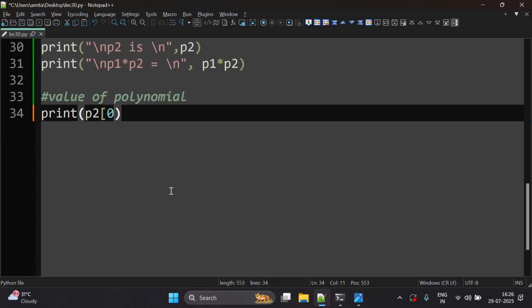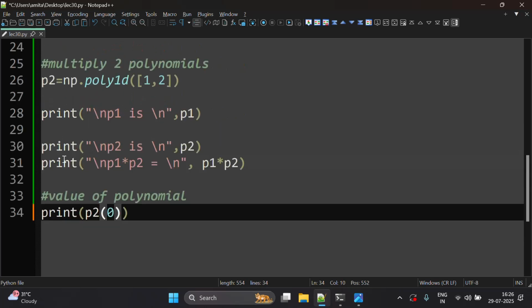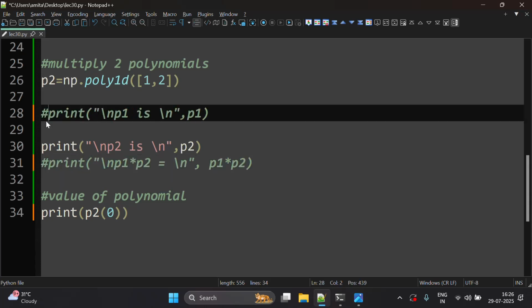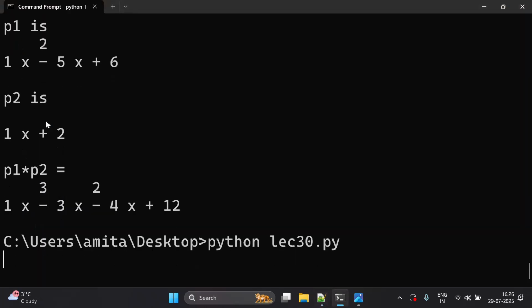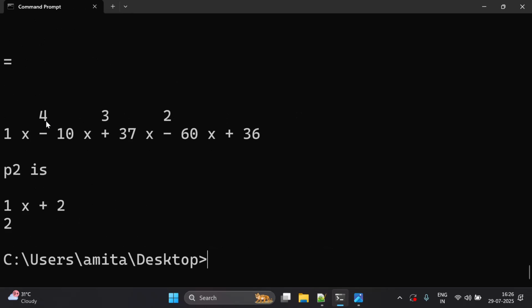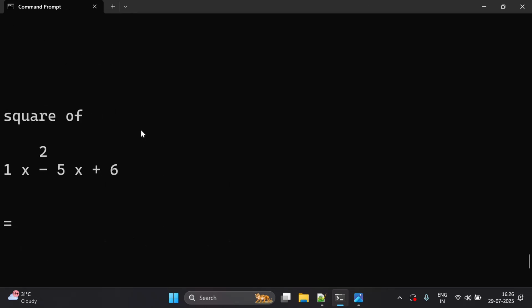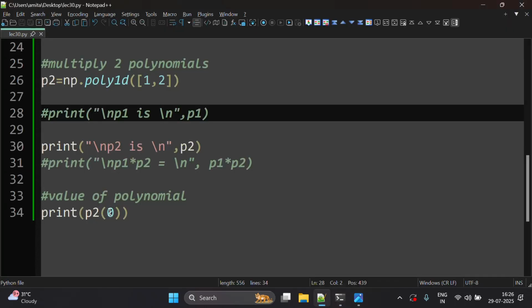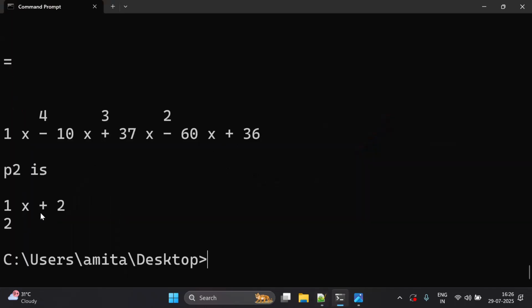Wait, it should be in parentheses, and you can just comment this as well as P1. Okay, so let's go. And okay, this square is also printed. So P2 is x plus 2, which we have printed, and the next thing was to print P2 with index 0. So you can see